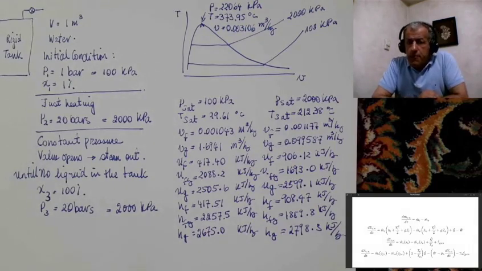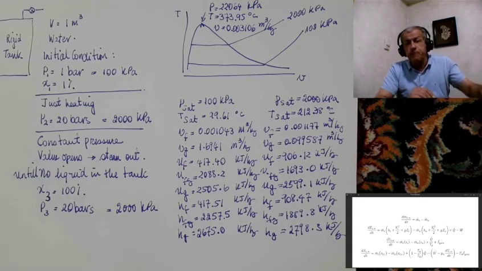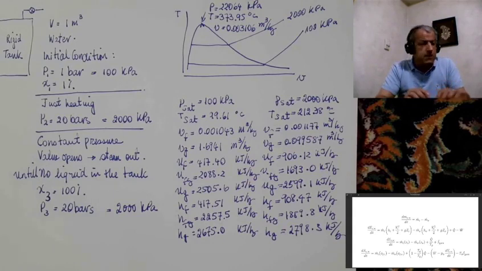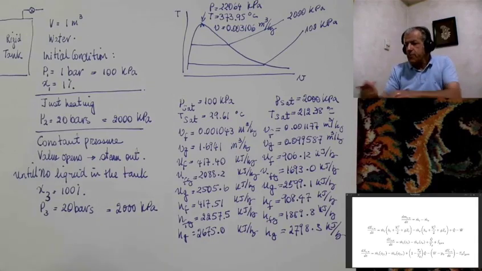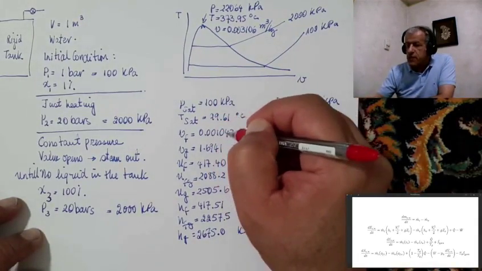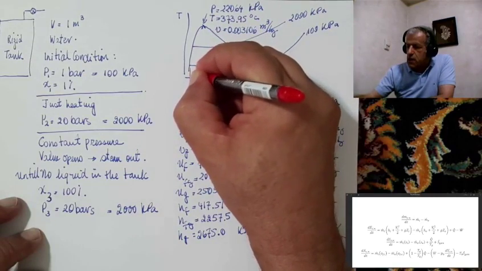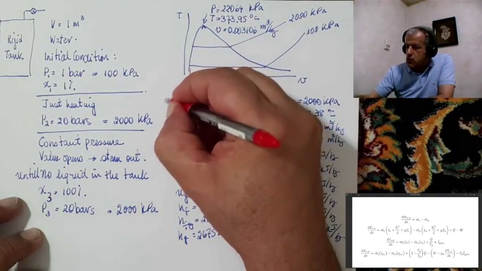Well, these are all the properties that I've transferred from the table to my paper. These are all the properties of steam, and regardless of what the problem is, these properties are steam properties. For example, if we have for 100 kilopascal, we know that Vf is 0.0010143. It means that this point on this figure is